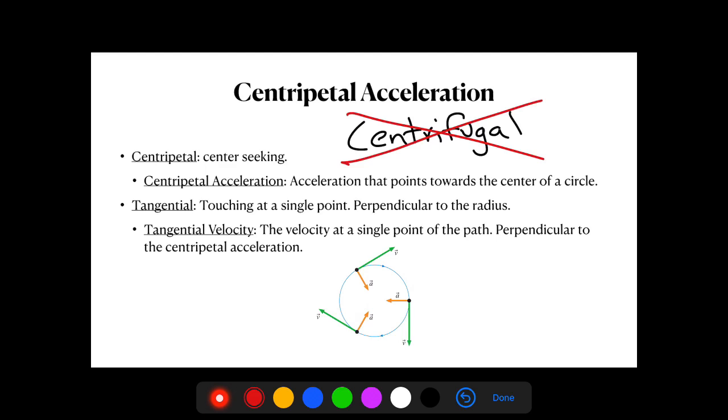Centripetal acceleration is acceleration that points towards the center of a circle. It is this arrow right here on our little diagram, pointing towards the center of the circle, all right? Now,